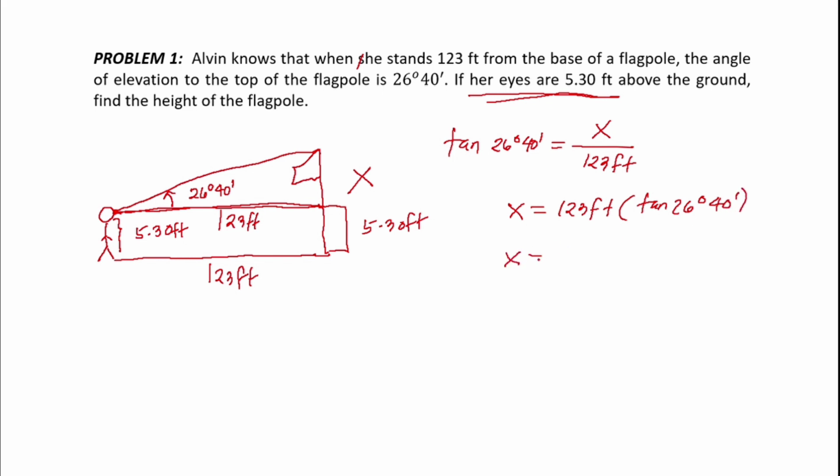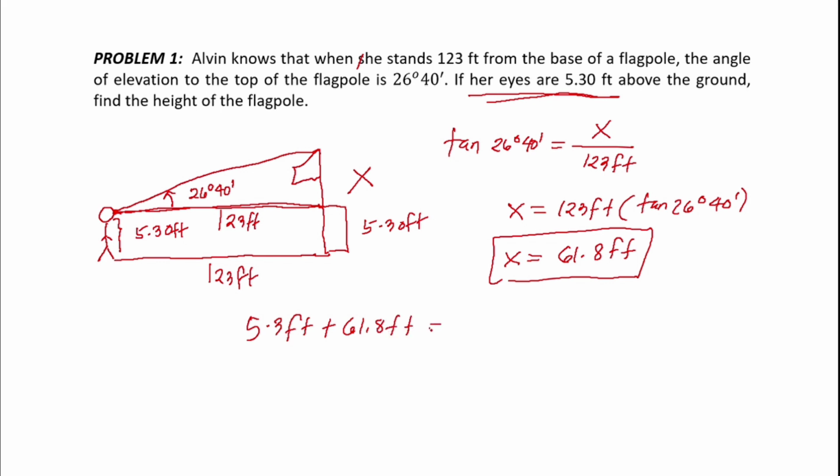If we solve this, the answer is 61.8 feet. Take note, we have three significant figures. Now we have the value for x, so we just add 5.3 feet plus 61.8 feet to get the height of the flagpole. So the height of the flagpole is 61.8 plus 5.30, which is equal to